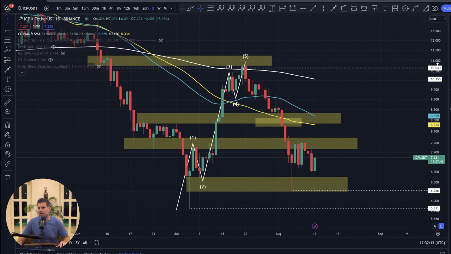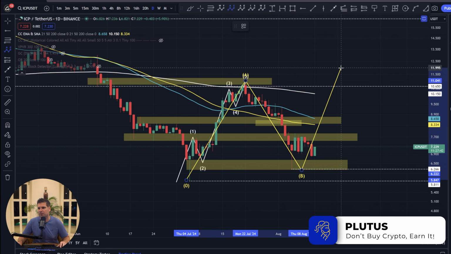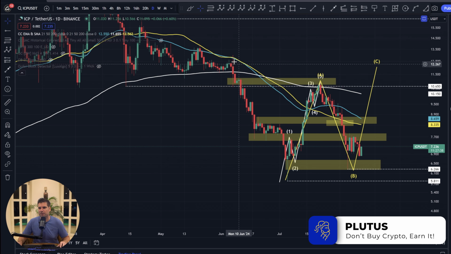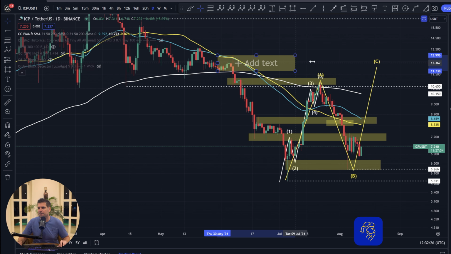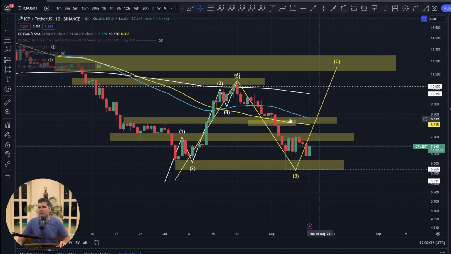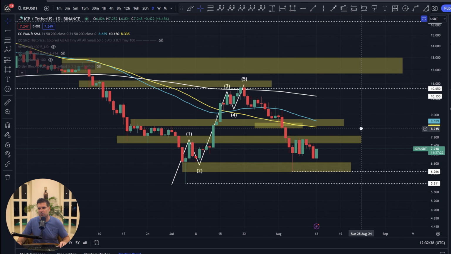This to me looks like it could be a fantastic ABC structure on a larger time frame, A, B, and C, where I do think we're going to have some interesting resistances up here in this previous pocket. I'll go ahead and highlight that right now, right in here, where we can see it between $11.73 and $12.99. Okay, so we want to be aware that there's a few different scenarios here that could play out. All we're doing is basically waiting for those confirmations, and we want to trade accordingly.